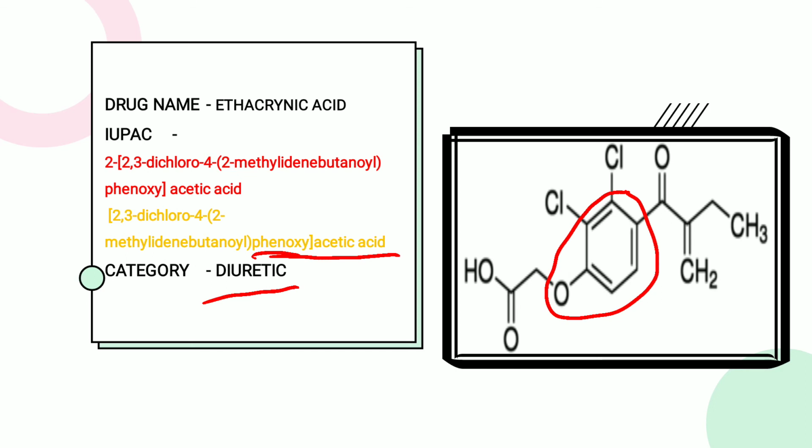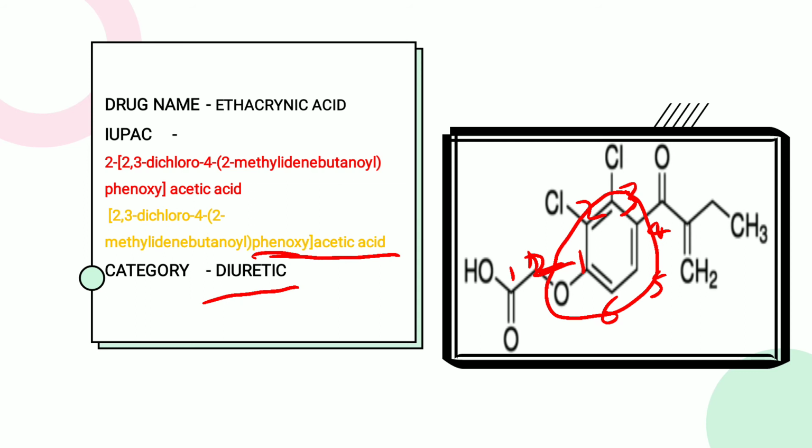Then what is acetic acid? There is one carbon and a second carbon, but on the acidic group we mention the first. So the first carbon is this and this is the second carbon. On the second carbon there is the largest substitution on the acetic acid. So in the structure, acetic acid is the parent skeletal structure. On the second position there is a phenoxy group. So we number the phenoxy group as well. On the first position the phenoxy oxygen is present. Then we number 2, 3, 4, 5 and 6.